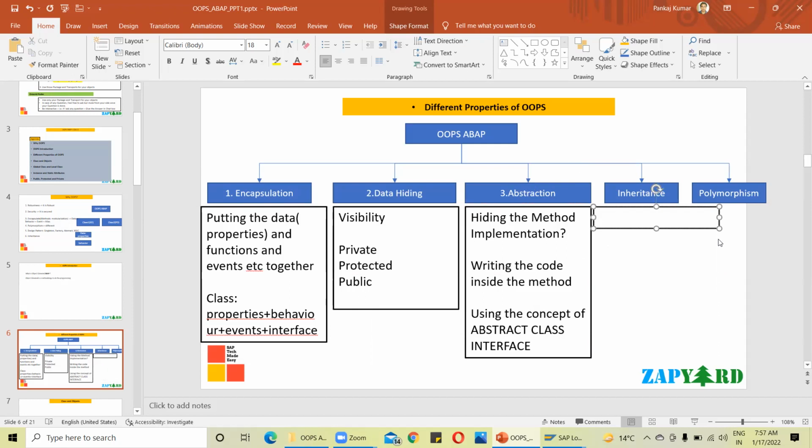Inheritance, we all know very well, right? A son inherits the property from the father. The next version of any product inherits the property from the previous version of it, right? So